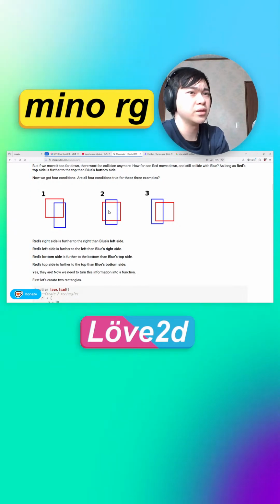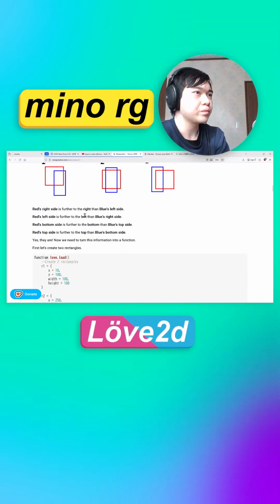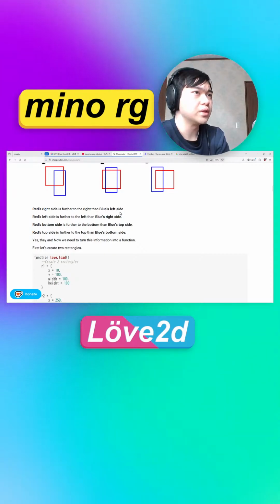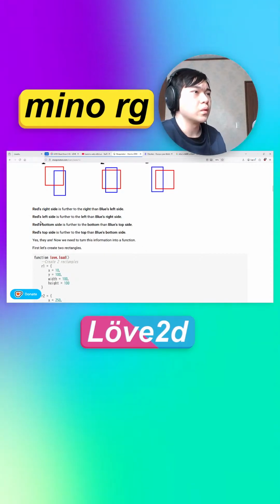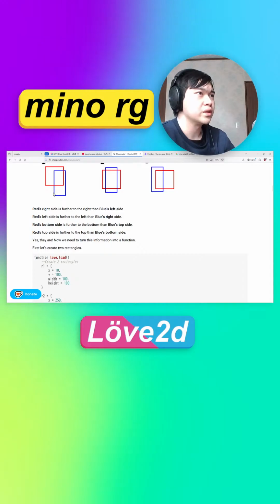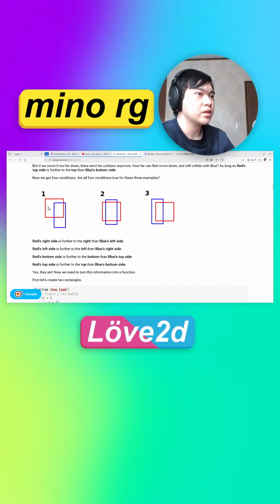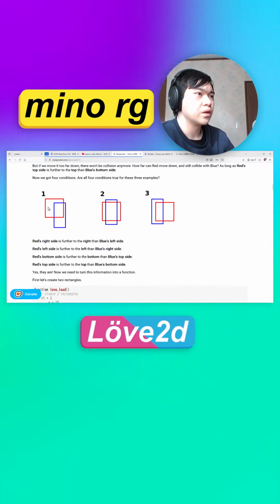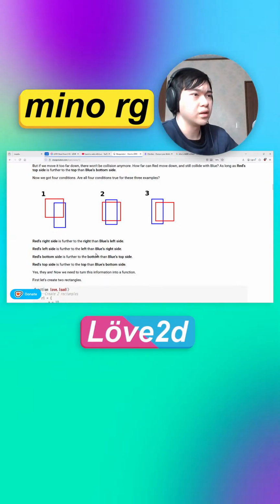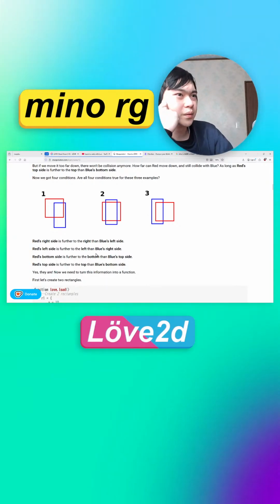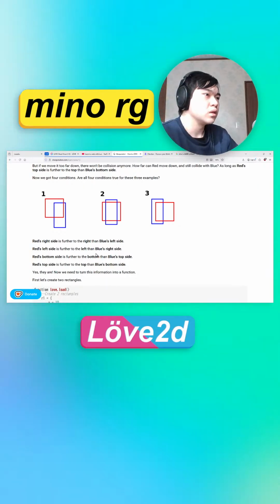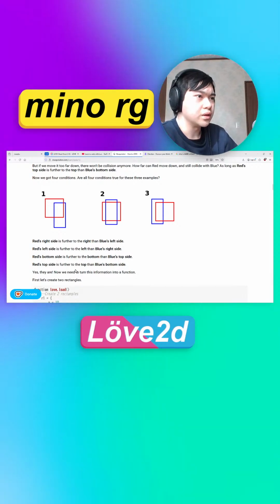This is true, and this is certainly true. Okay, red's right side is further to the right than blue's left side. Red's left side, which is this one, is further to the left than blue's right side. Red's bottom side is further to the bottom than blue's top side. Red's top side is further to the top than